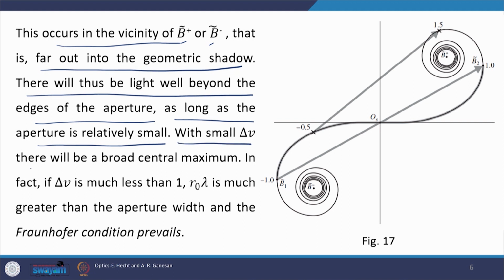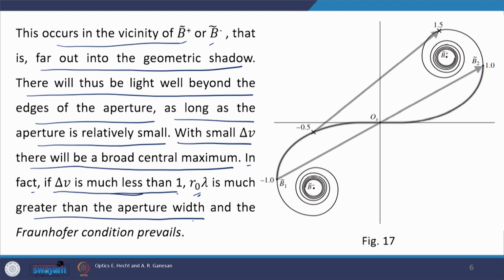With a small delta V, there will be a broad central maximum. In fact, if delta V is much less than 1, R naught lambda is much greater than the aperture width. Why? Because if you remember, in the definition of U and V, R naught lambda comes in the denominator, and if R naught lambda is much greater than the aperture width, then we are effectively in the Fraunhofer regime. Therefore, we see that as we shrink the aperture width, slowly we move from the Fresnel regime